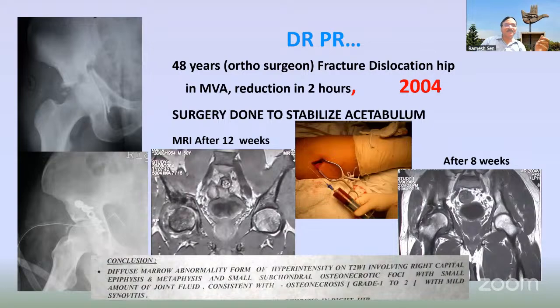But another emphasis came from another orthopedic surgeon colleague who got a fracture. You can see the transverse fracture of the acetabulum, which I reduced. It was associated with a dislocation, which had been reduced at his place. Then he came to me in PJ.